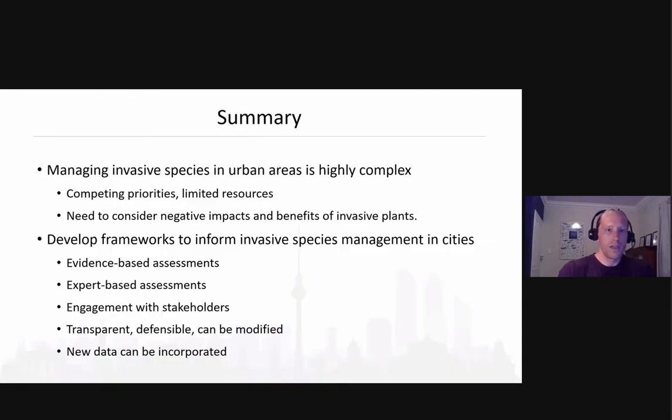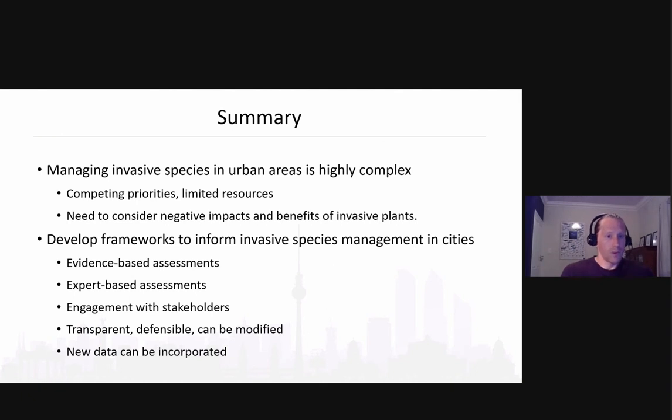So that is essentially the two approaches that we worked on. Again, managing invasive species in urban areas is highly complex, but what's important here is that there's a need to consider negative and positive impacts of invasive plants. In doing so, we covered both aspects in our frameworks, something that was lacking in currently available frameworks around the world.